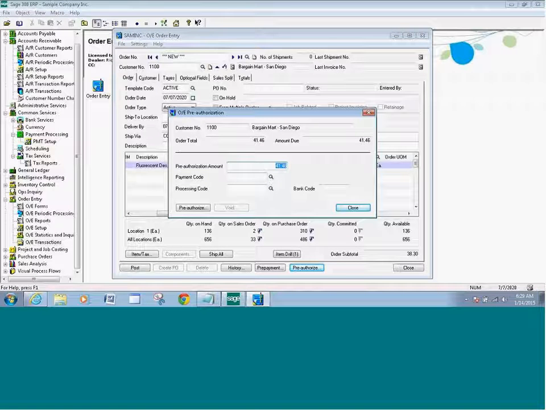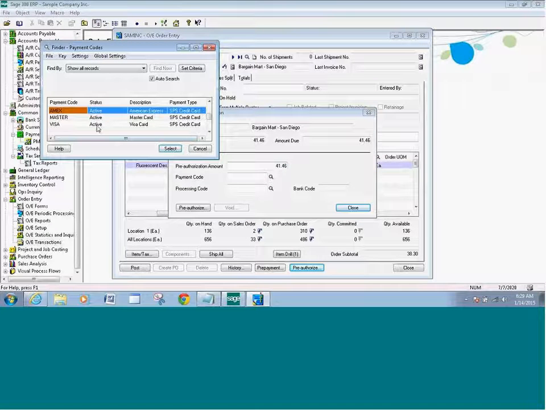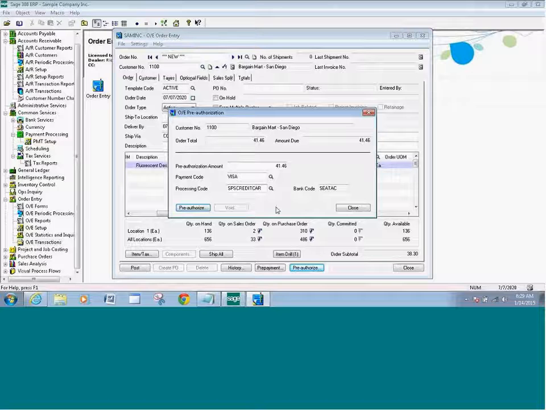Once you see the pre-authorization amount, you have to choose your payment code and your processing code. Payment code, I'm going to click on the magnifying glass and select Visa again. And processing code, we're going to select the SPS credit card. Pre-Authorized